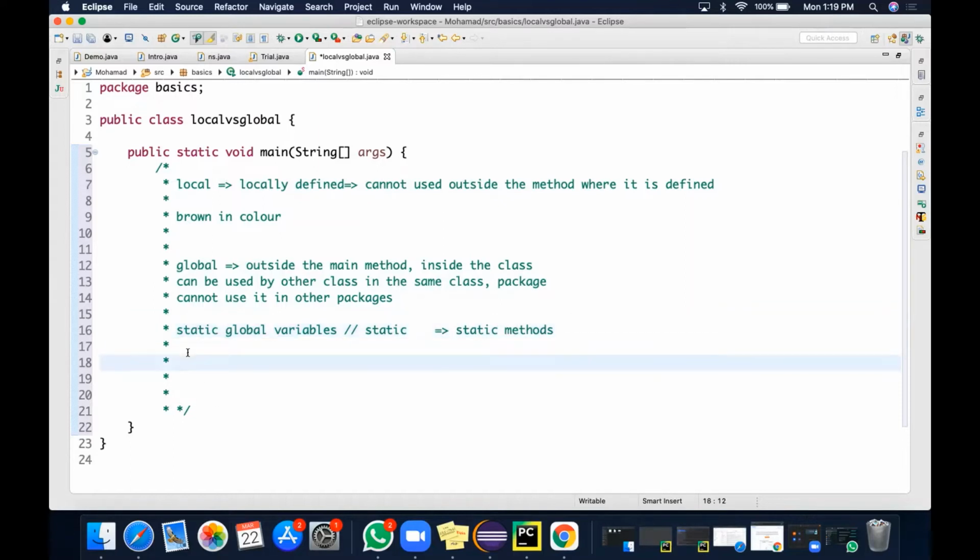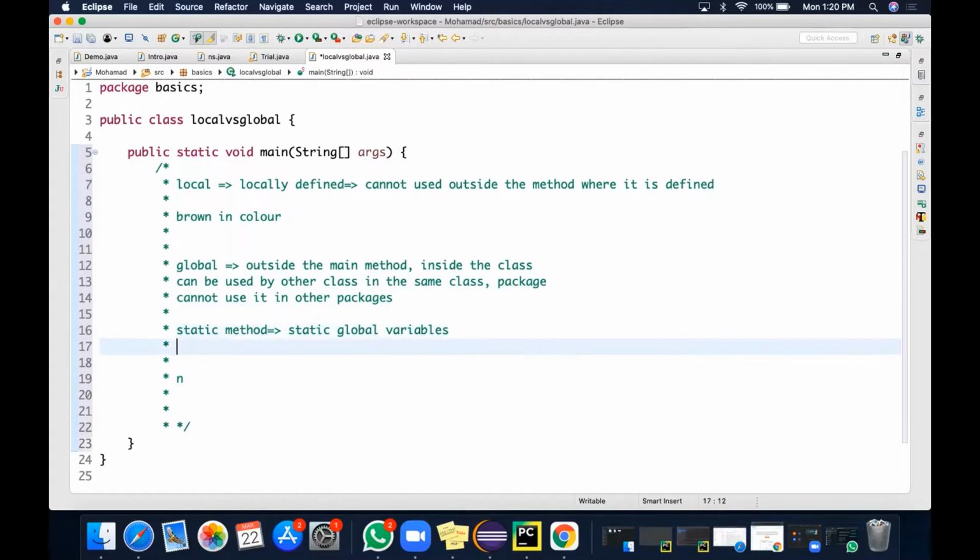So static methods will accept static global variables only. We'll be adding the static keyword before that one. In the case of a non-static method, it will accept both static and normal global variables.